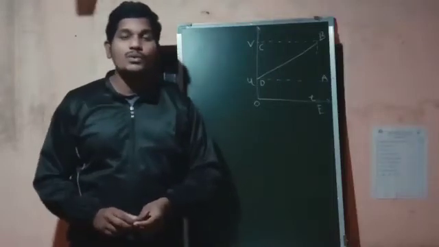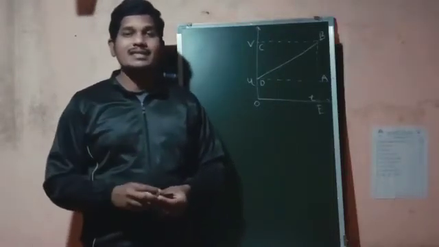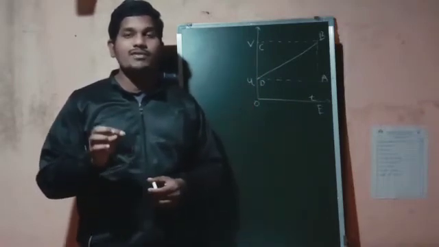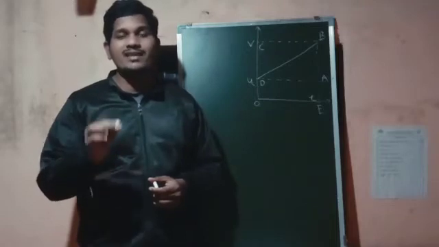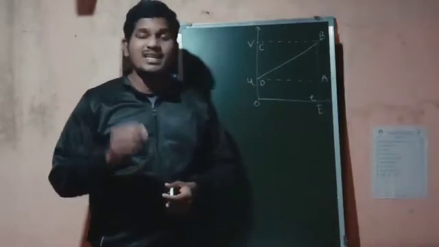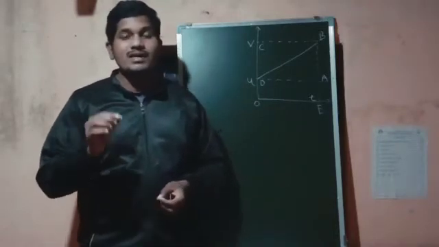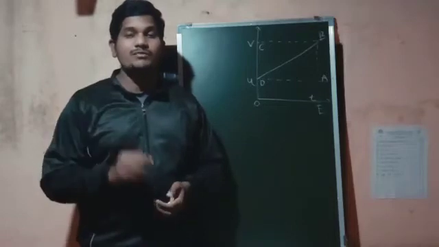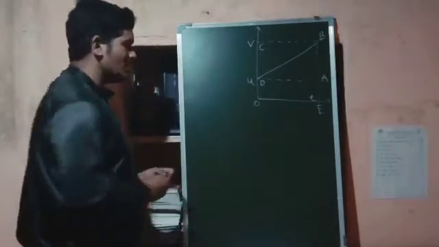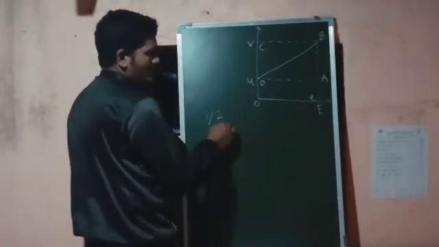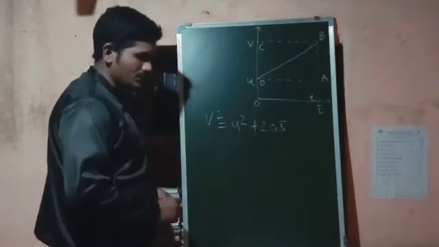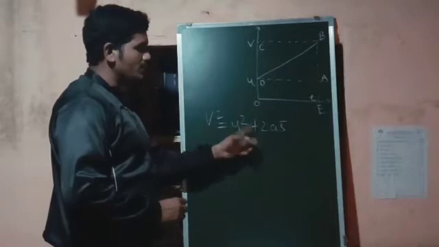Hello students, now we are going to proceed to the next part of this chapter on the law of motion. Now students, we will see the next and the last derivation of this chapter, which is the equation describing displacement and velocity. It means there will be the terms velocity and displacement in the equation, and that equation is nothing but v square is equal to u square plus 2as.